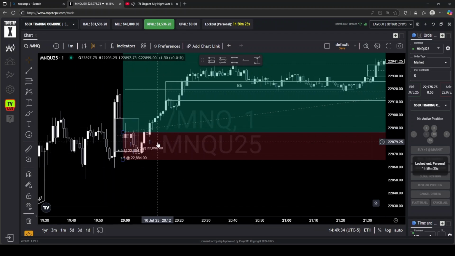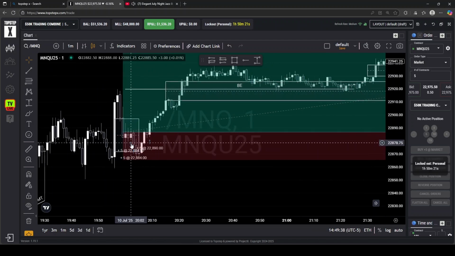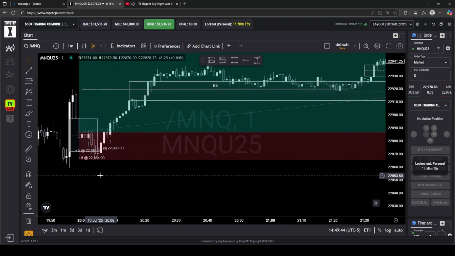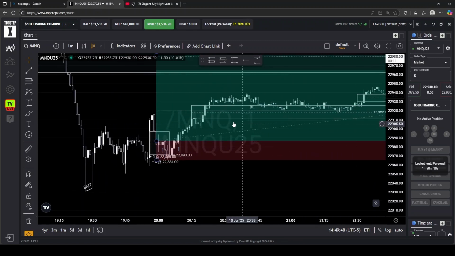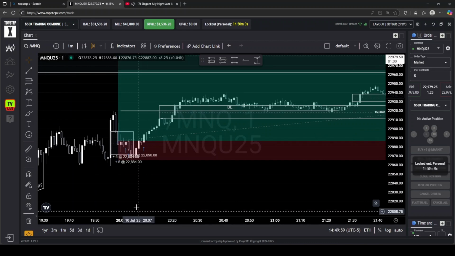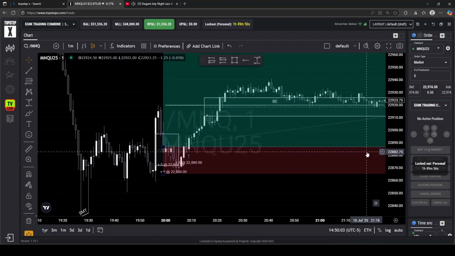I looked over and saw that I was down like 800 because I entered right here. I entered 5 minis right here, thinking it was micros. I was down 800 whenever this candle formed, and I was just like, yo. So I switched over and exited the trade. It's very unfortunate. I guess it was my mistake. I think when I closed it, I was negative 1,000, so I was a little bummed out.